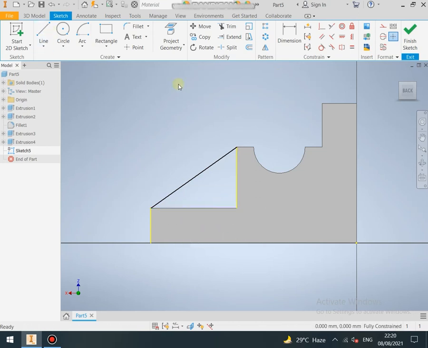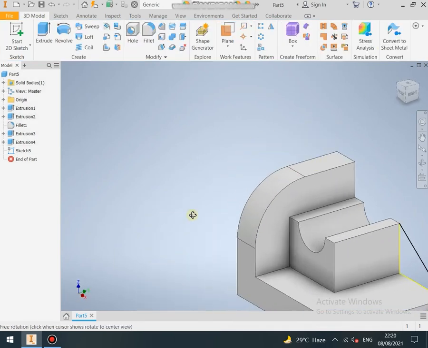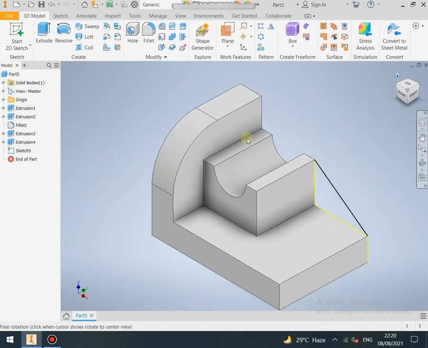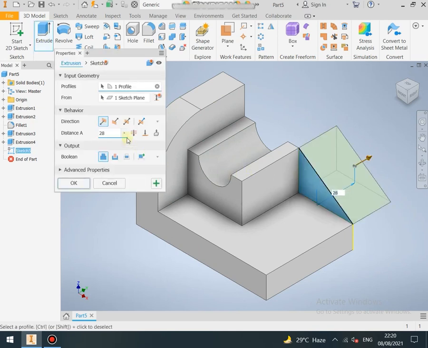You can use the shift key, easy for revolving. Now I made the line, finish the sketch and extrude it.